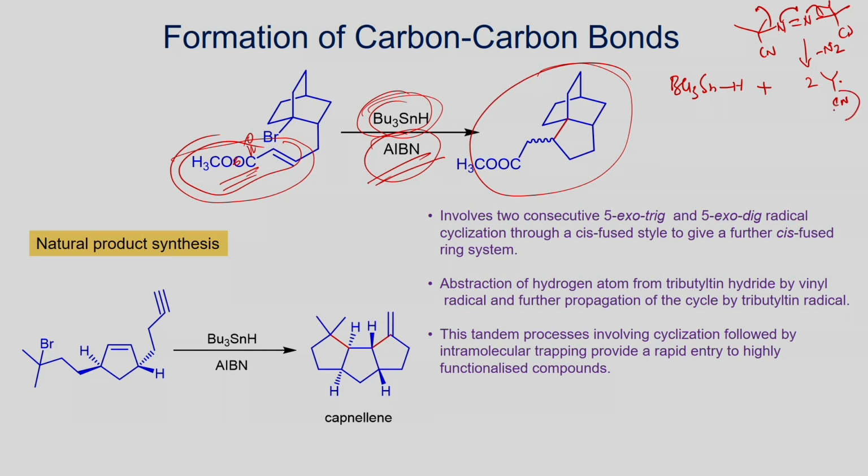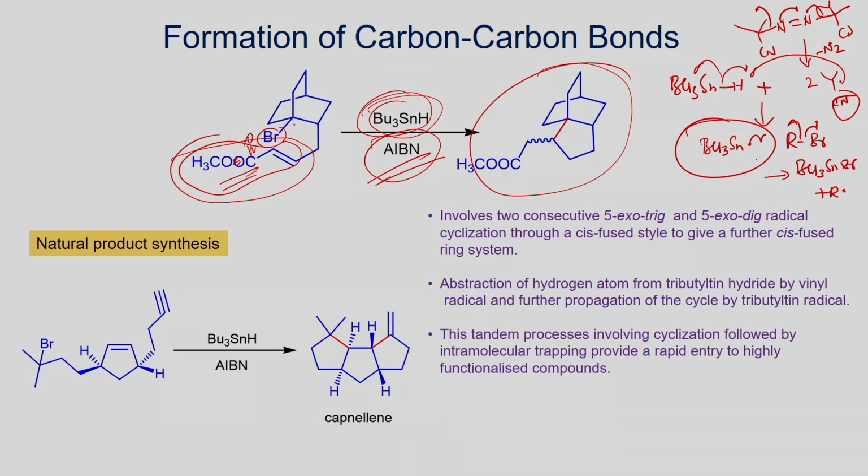This radical can be stabilized by the nitrile group. Once we have this one, as we have just seen, it can give the tin radical. This radical, when you have the substrate, can readily react. For example, in this case you have the alkyl bromide which can react. You form the tributyl tin bromide plus alkyl radical. In this case you form the tertiary radical.